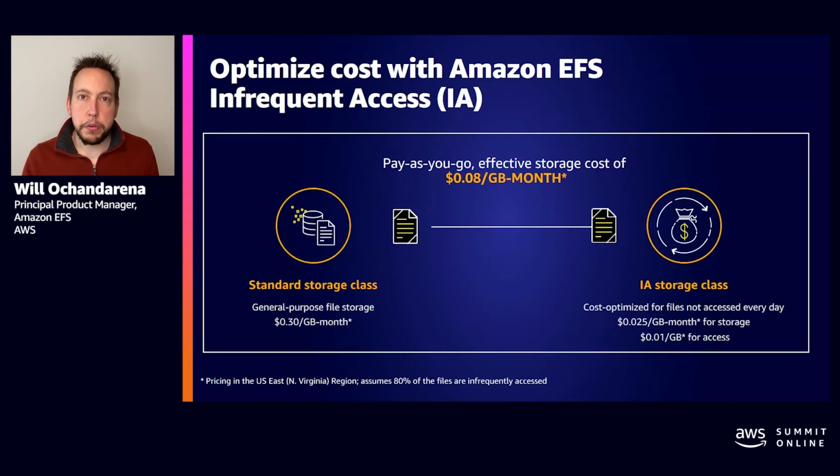Now, cost management is always important. You want to make sure that you're getting the best use of your Amazon EFS resources. So another thing I'd recommend using is lifecycle management on EFS and EFS infrequent access. When you turn on lifecycle management on your file system, we will automatically move files to lower cost storage after it reaches some threshold. And you can set that threshold from 7 days to 90 days, where if you haven't read or written a file in that amount of time, we will move the bits to lower cost storage. Customers that turn this on save up to 92% on their total storage bill, so it's definitely worth doing.